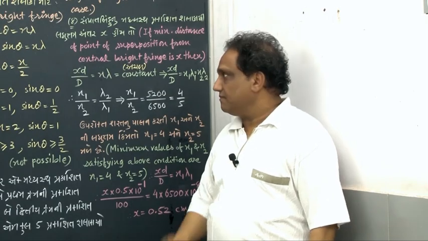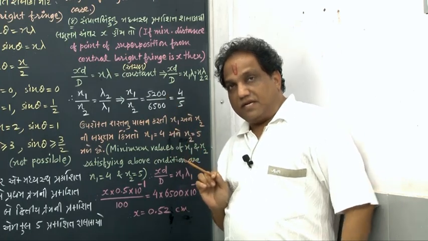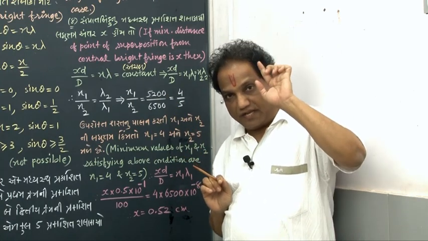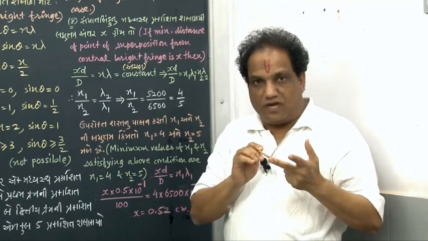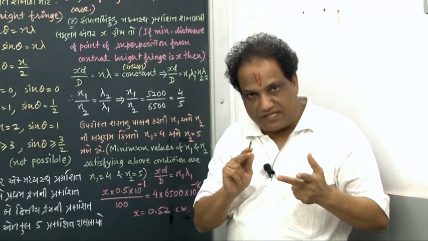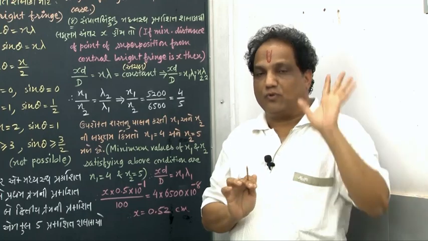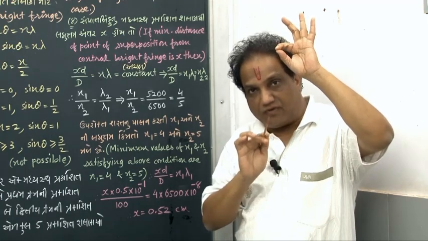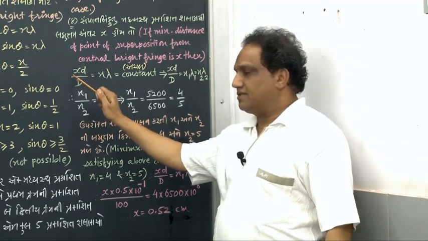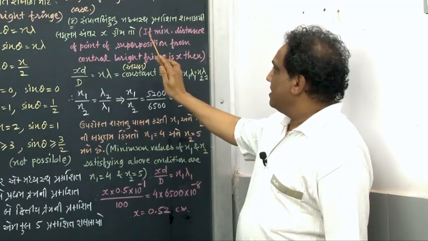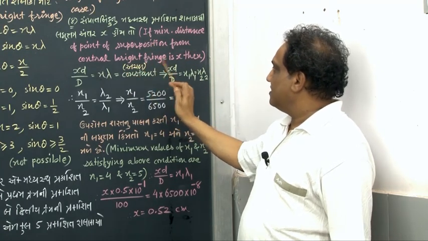Read it? Fine. Now tell me, they have given that at a particular point on the screen, 2 bright fringes are superposing. One bright fringe from the first light and another order bright fringe from the second light. They are superposing at some minimum distance from the central bright fringe. That minimum distance I just assume to be x. Okay, fine. So I am writing here, if the minimum distance of a point of superposition from the central bright fringe is x, then